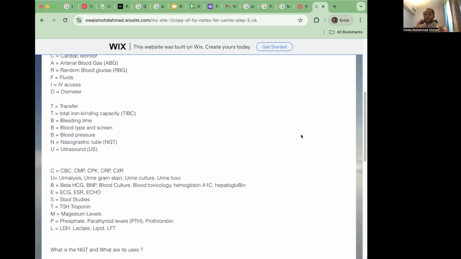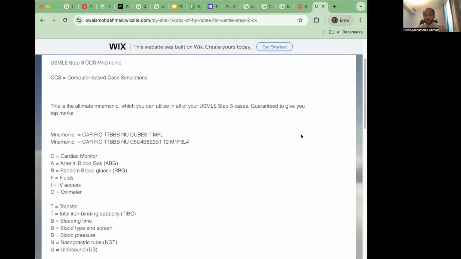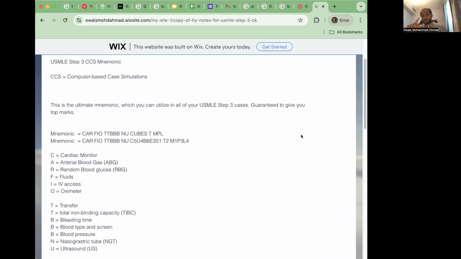So I want to recap this mnemonic: CAR, FEW, TBBB, NU, CUBES, T MAPLE. We're going to be seeing C cardiac monitor, A ABG, R random glucose, F fluids, I IV access, O oximetry. And then the T transfer, TIBC, bleeding time, blood type and screen, and your blood pressure, nasogastric tube, ultrasound, CBC, CMP, CPK, CRP, chest X-ray,